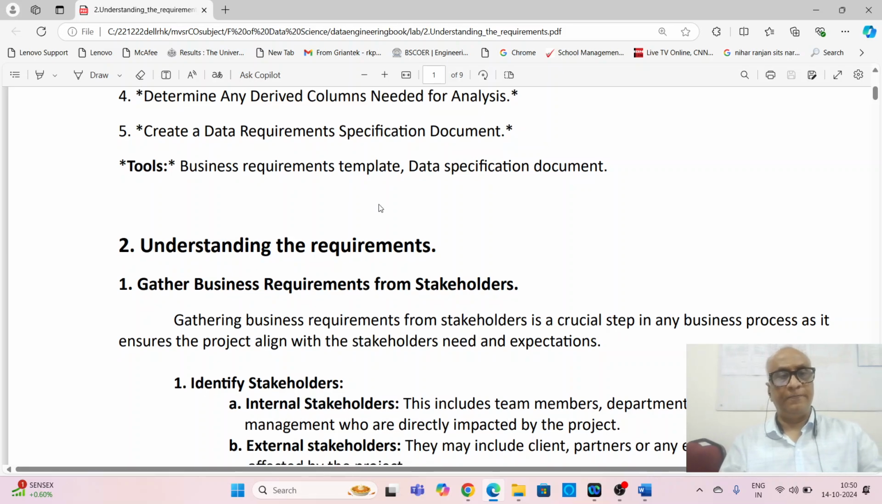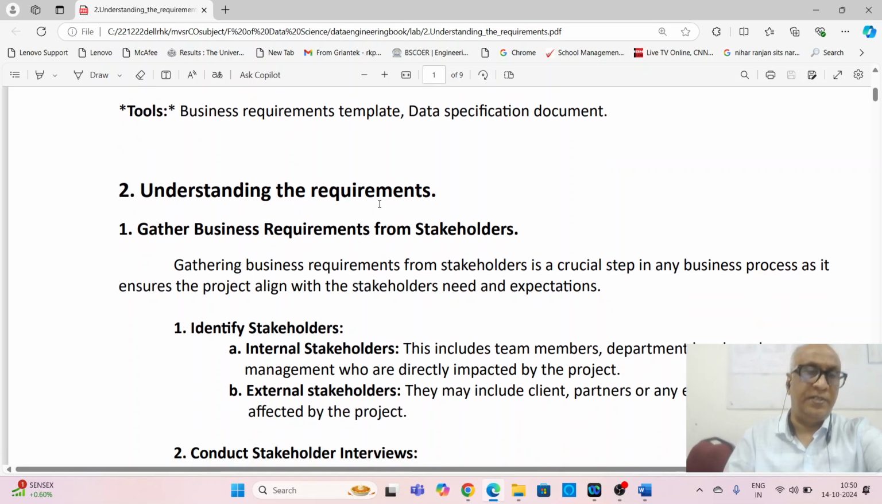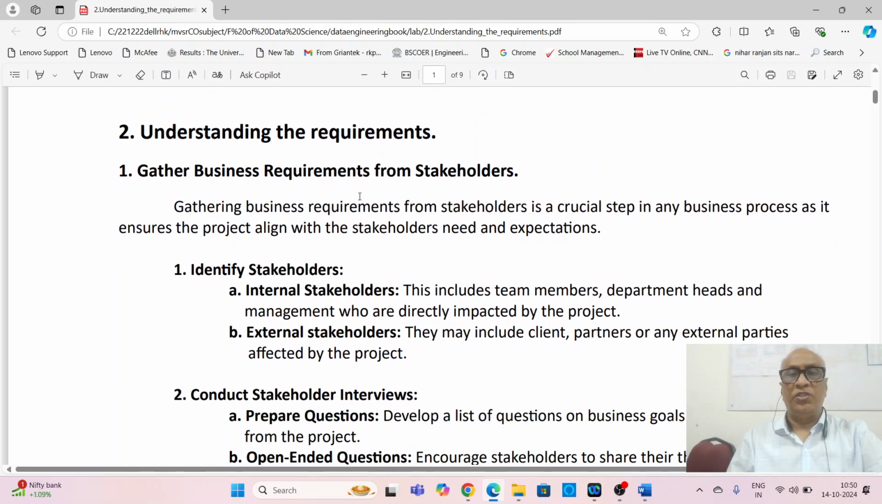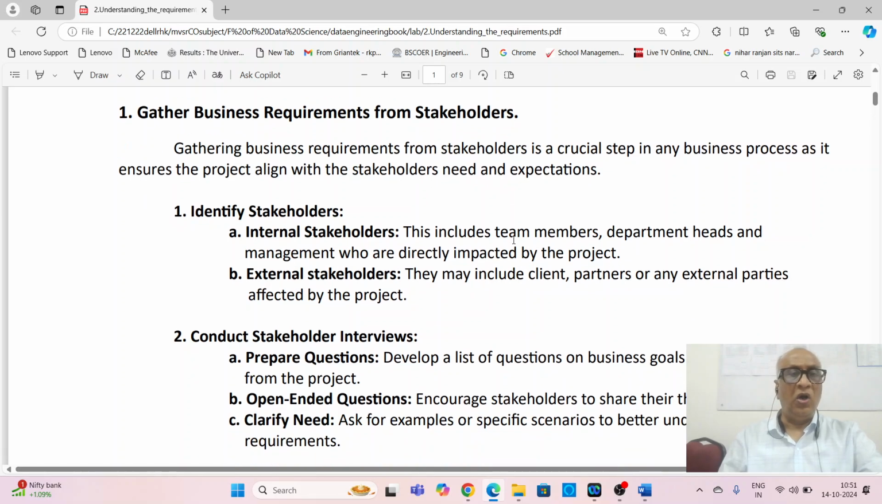Understanding the requirement, in that the first item is gather business requirement from stakeholders. So, for any project to be initiated, requirements need to be collected from the stakeholders, and those stakeholders can be internal stakeholders like team members, department heads, management, or external stakeholders like clients, partners, or any external parties affected